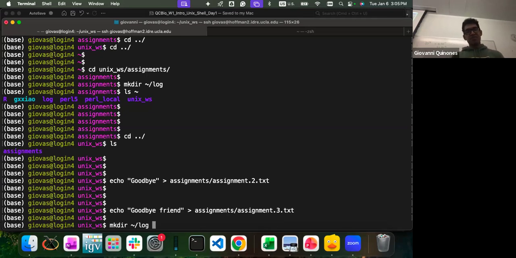See, I'm pressing up, so I'm seeing everything that I typed before. Okay, I went too far and I want to come back. I want to see the more recent, pressing the arrow down. All the way until the end. See, now that I reach the final command, it won't show me anything else.